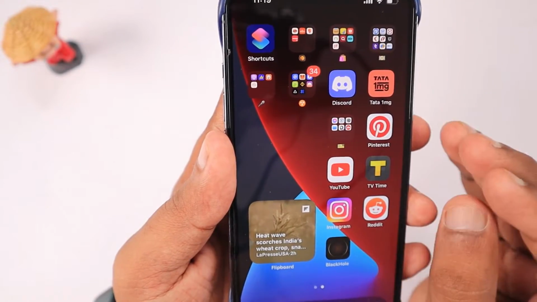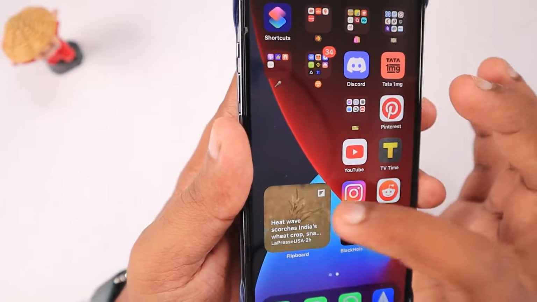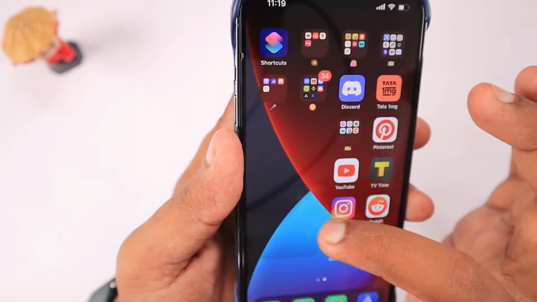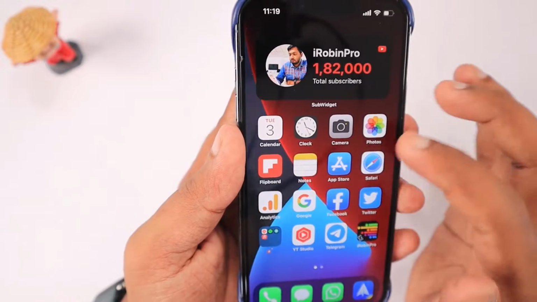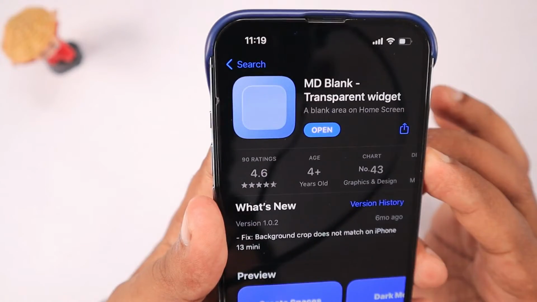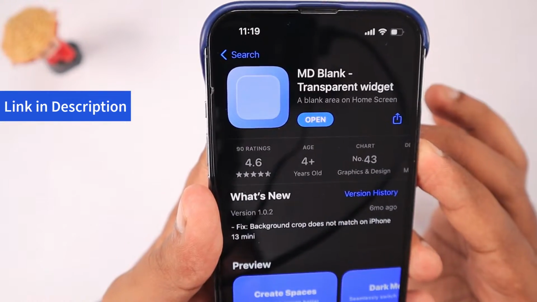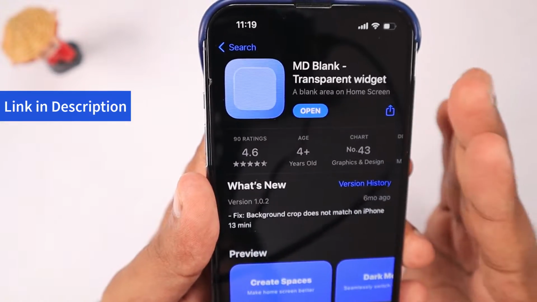home screen. And during the process, if you're not able to successfully configure it, I have also shared a couple of problems that people normally face while using this widget and what is the troubleshooting step that you have to do. The very first thing is you have to go to the App Store and download this empty blank transparent